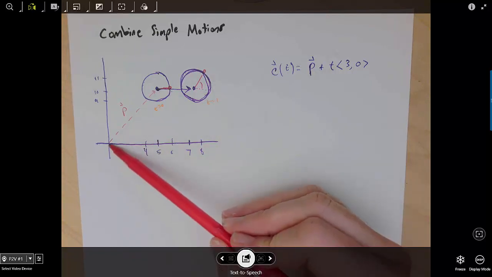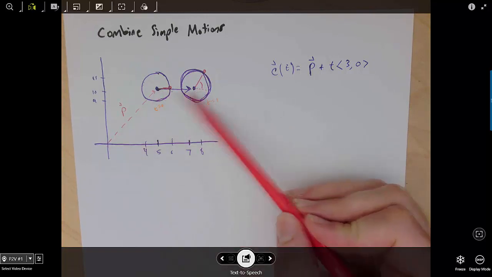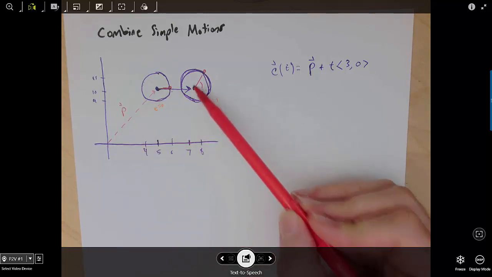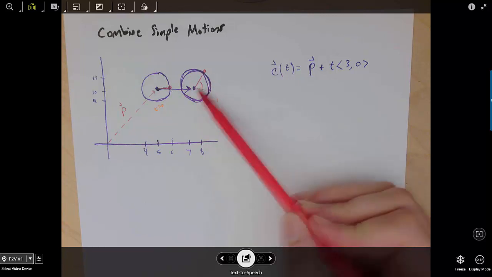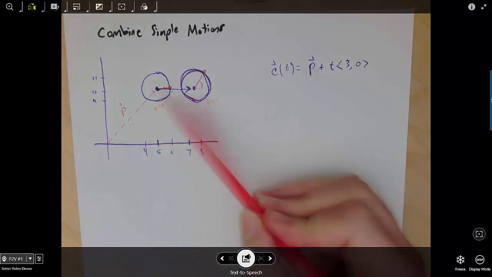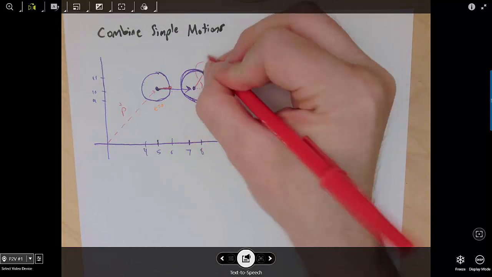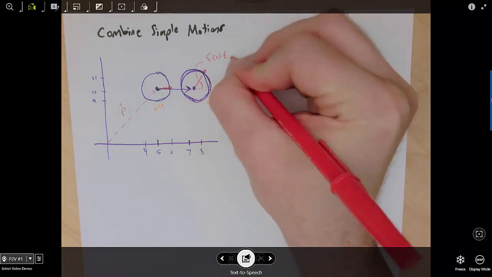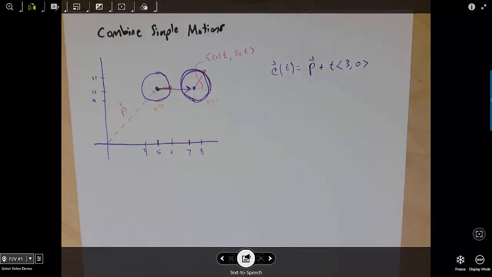I'll start by following this vector and that vector to take me to the center of the circle, wherever it is as it's moving. And then I'll follow the red vector, which is just spinning in a circle, and we're imagining that it's always centered on the moving circle. So the red vector equation is just the same. This is still cosine t, sine t. So if I want to know where the red dot is, I'll just add all 3 of those vectors together,